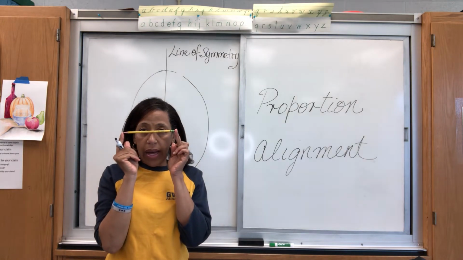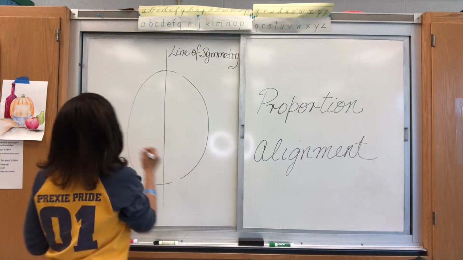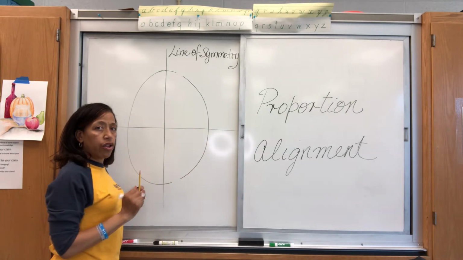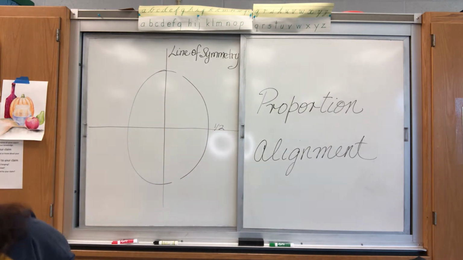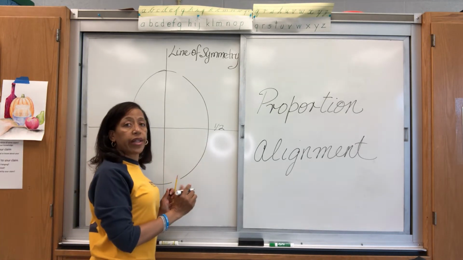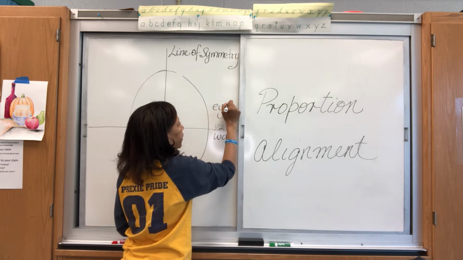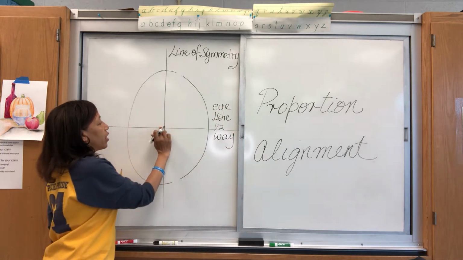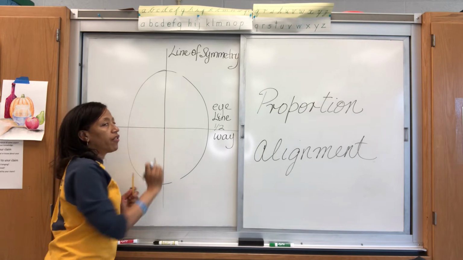Then we're going to work with the eye line. The eye line is halfway from the top of the head to the chin. So we're going to make the eye line halfway through that giant oval. You can also label it halfway. Eye line. Now this axis right here is important because all of the measurements are generated from here, giving you way more